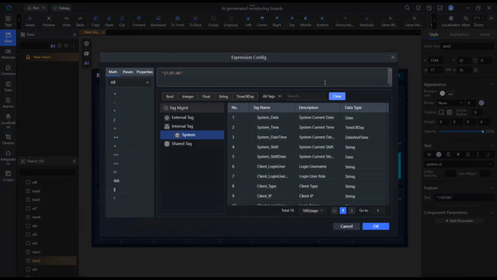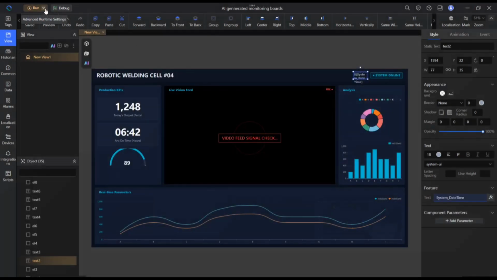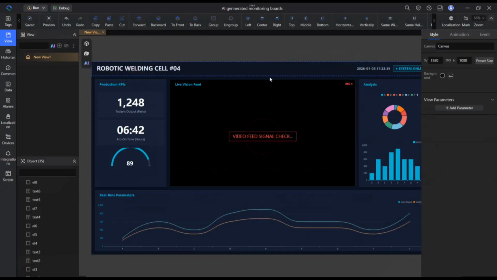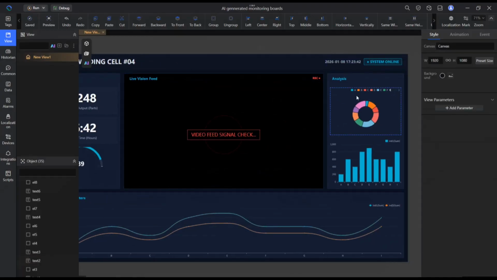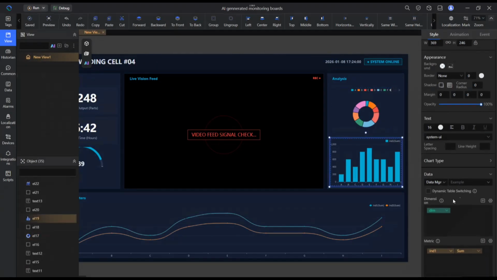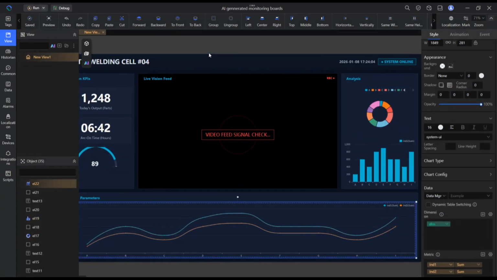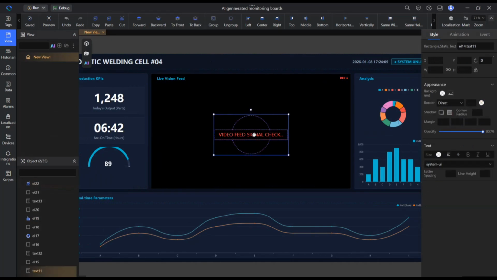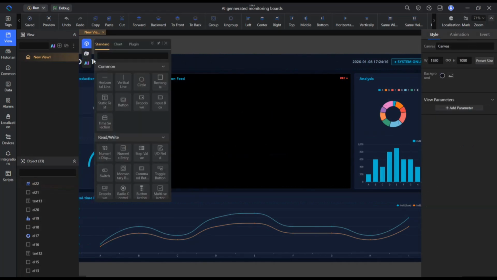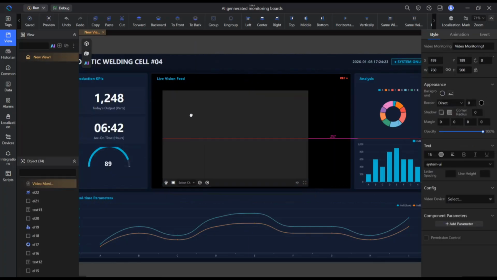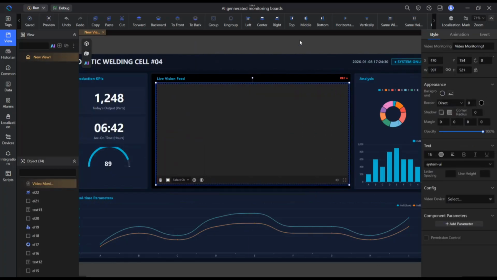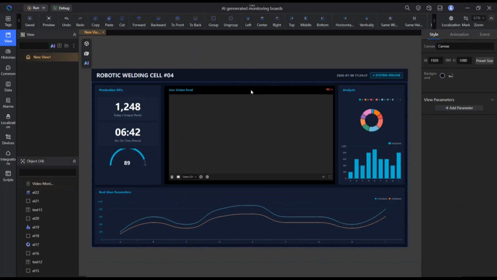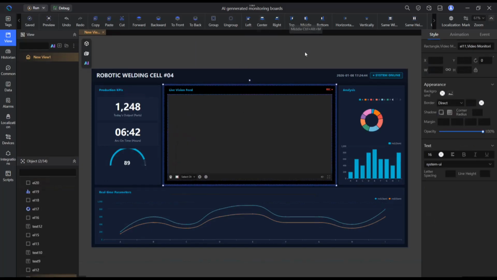We can launch the variable service to see the effects, and drag and drop to quickly resize the components to an appropriate size. This demonstrates that the generated chart components are able to link to data tables in variable management. We can also handle the camera video display: remove unnecessary contents, locate the video monitoring component from the components library, and drag and drop to quickly adjust its position and size, fine-tune the dashboard, and save the